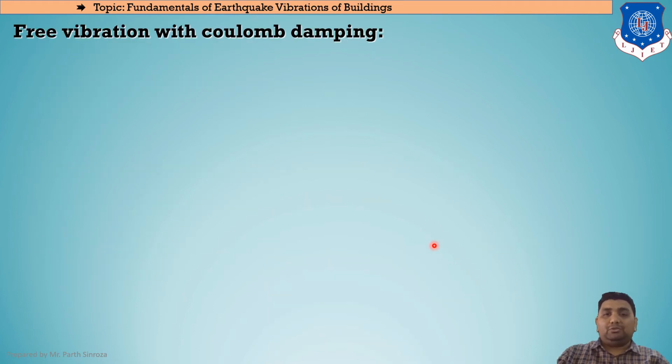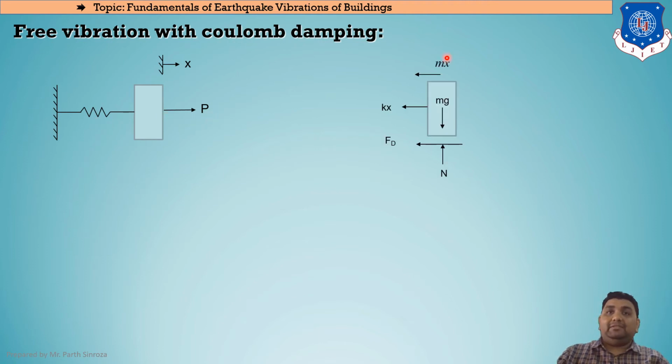Now moving on to our second theory topic, free vibration with Coulomb damping. Now what does it mean? For example, if we take a body having mass m, which is connected to a rigid surface via a spring element, so this will be a stiffener material. If an external force P is applied to it, then this will be the free body diagram of that. Mg will be our weight force, which will be in the downward direction. Normal force will be in the upward direction to the surface.